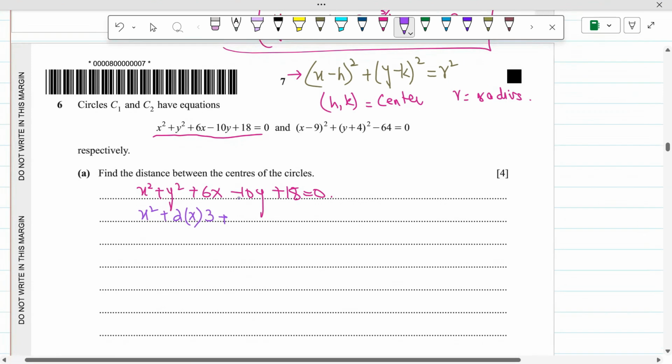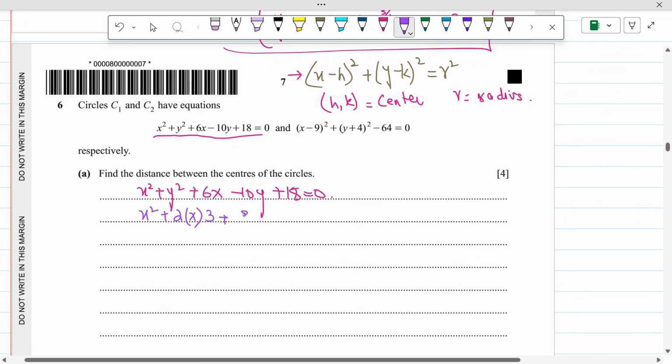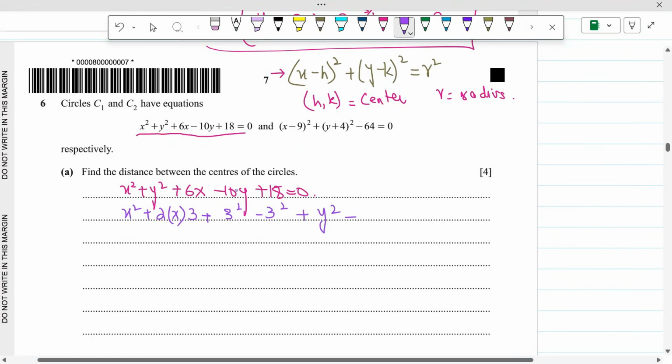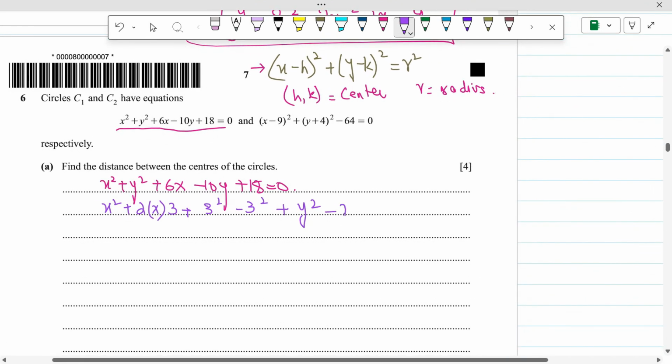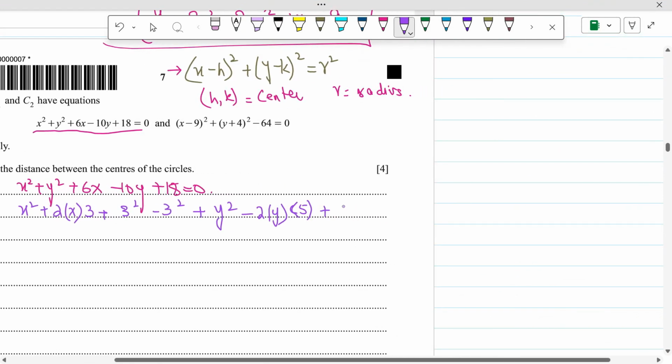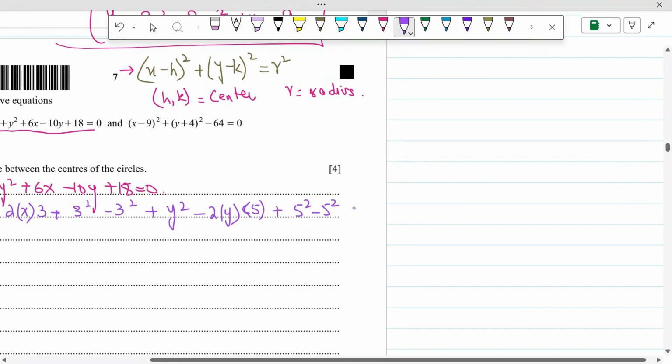So b is 3, so we need to add 3 square and subtract 3 square. Similarly, y square minus 10y should be 2 times y times 5, plus we need to add and subtract 5 square,